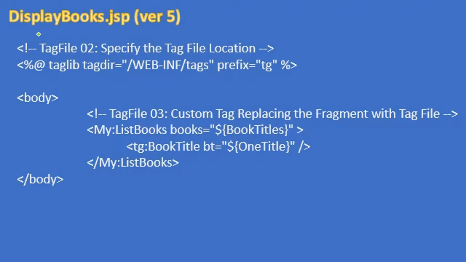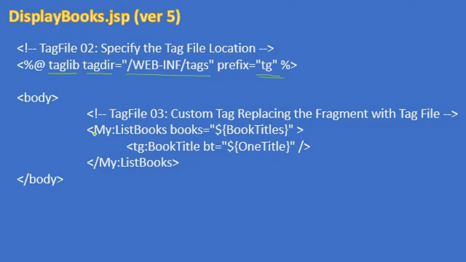When we go to the demo, you will see there is one more tag library that uses the URI and our TLD file. In addition to that, we need to point to the tag directory. We specify the tagdir attribute. That means we will create our tag file in this tag directory, and we are supplying the prefix for it,